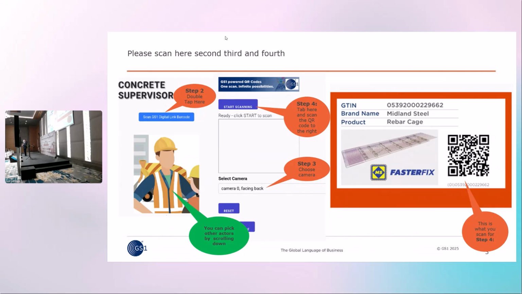So therefore, it's incumbent on the manufacturing industry, particularly in the construction and mechanical electrical side, to put tamper-proof QR codes on their product using the digital link resolver capability. Why?